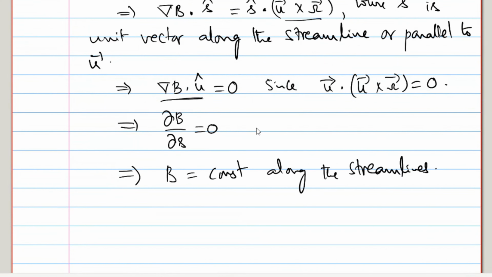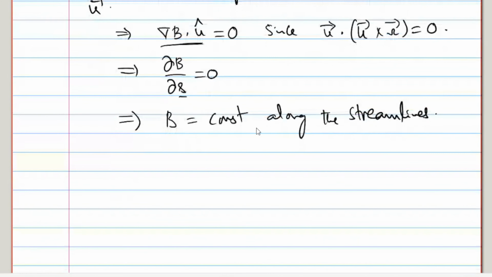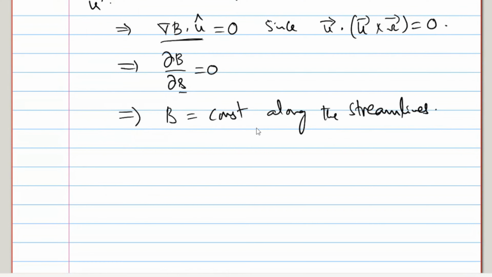So along a certain direction, if the directional derivative is 0, that means B is constant along that direction, the s direction. What is the s direction? Basically the streamline directions. Along those streamlines,